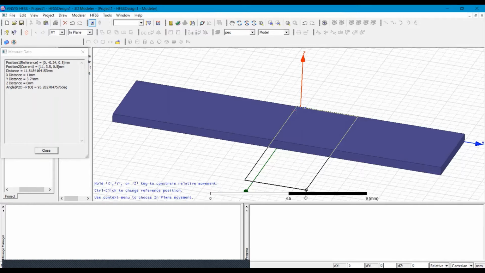So I'm giving 0.46, and the height, or you can say the thickness, of the perfect electric conductor, I am giving 0.03.